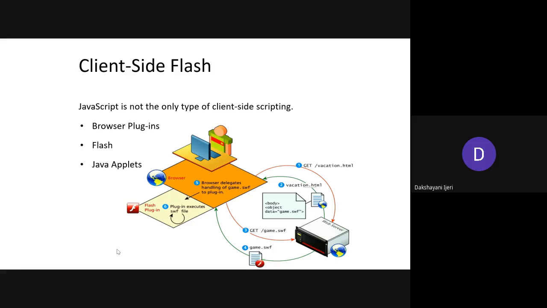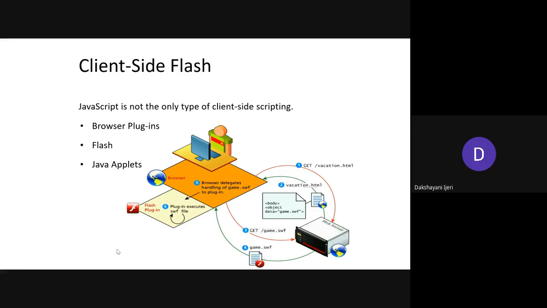As a third thing, you can see here, once you have been given that HTML page, suppose there is one file which you cannot open. The name of the file is game.swf, which again you are going to request from the server, and in turn the server is going to give it back to you with step 4 over here.